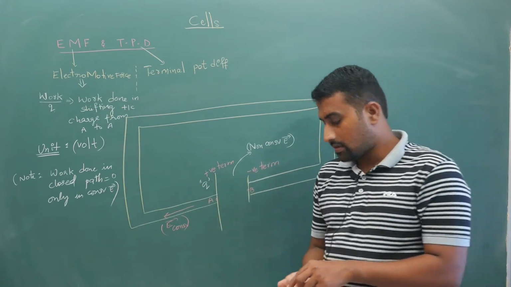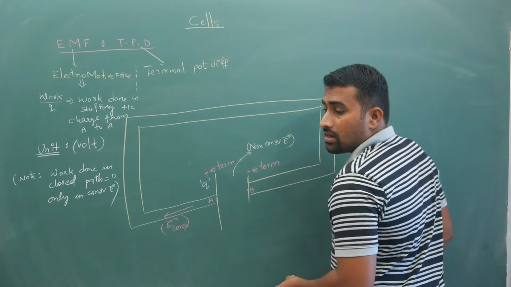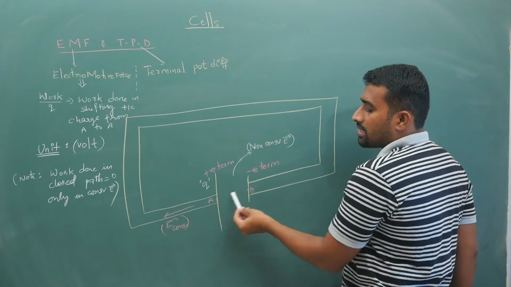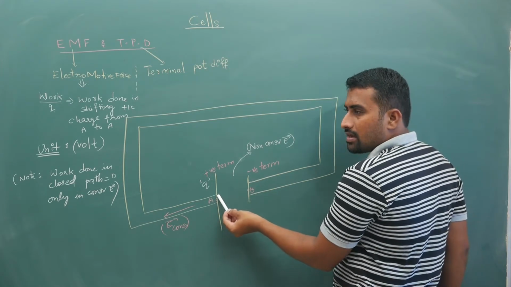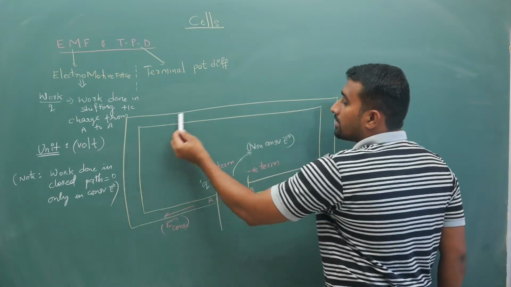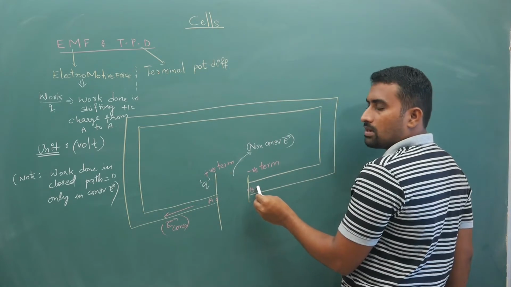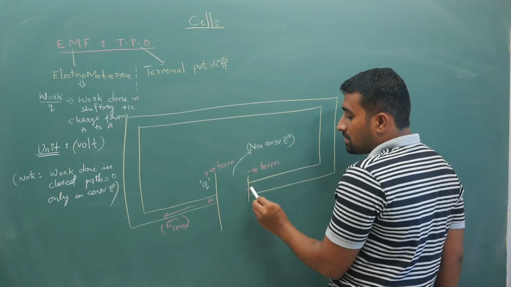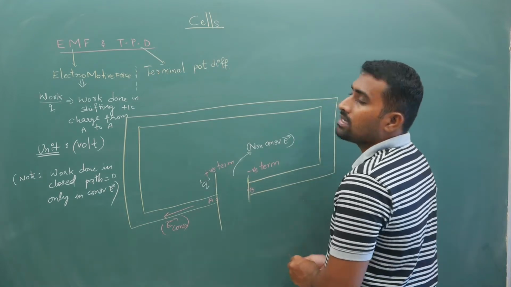Okay, next coming to your terminal potential difference. Your terminal potential difference is the potential difference between these 2 points A and B. So between A and B, you take plus 1 coulomb charge, bring it like this and place it here. How much work you do, that is your terminal potential difference, which is the work done shifting from A to B through the battery or outside the battery, both will be the same.